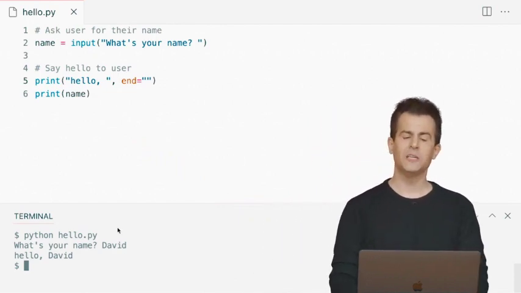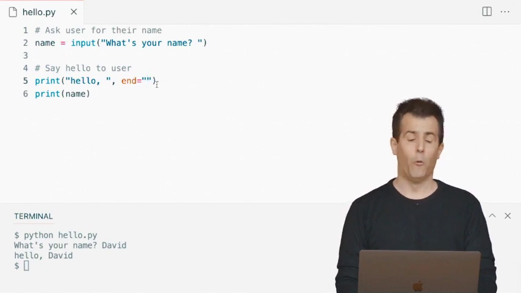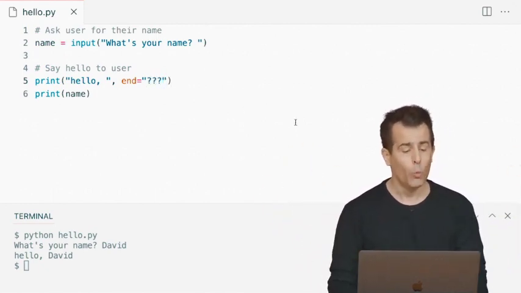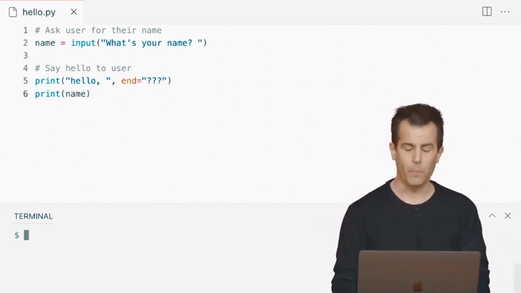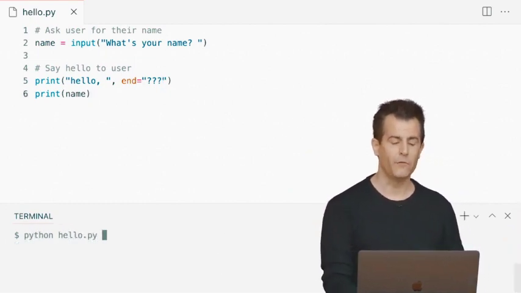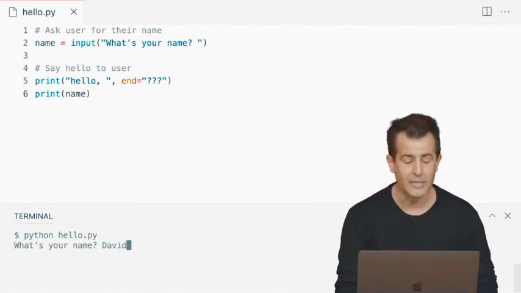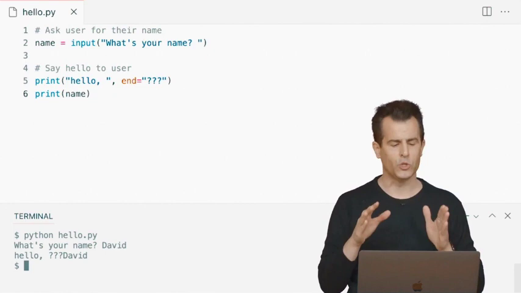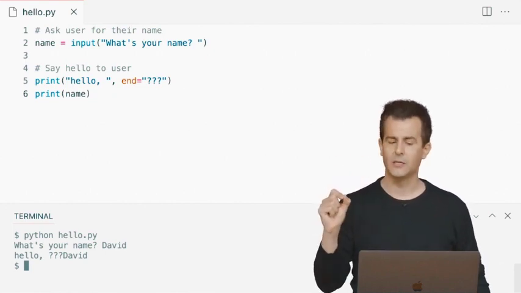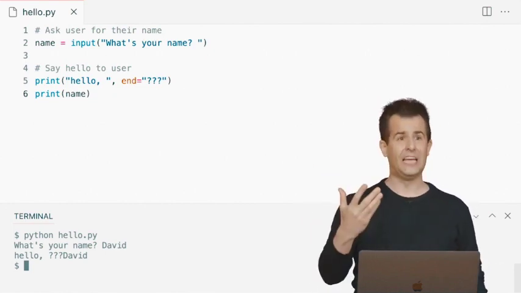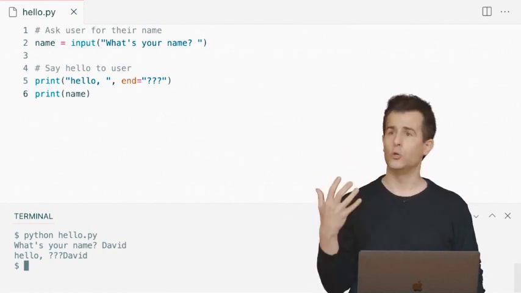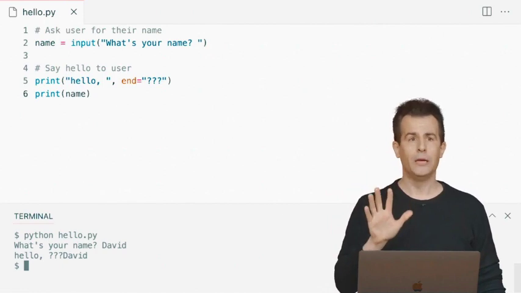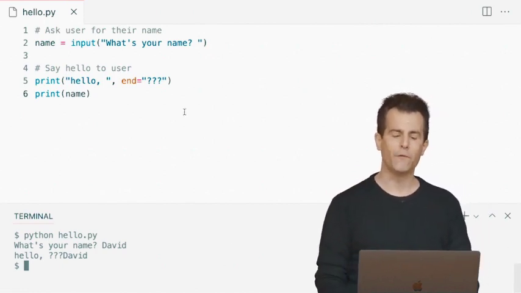Just to see this more explicitly, if you do something cryptic like, well, I have no idea what's going on. Let me just put in temporarily 3 question marks here. We'll see the results of this too. Let me go back down to my terminal window, run python of hello.py, what's your name, David, and now you see literally really ugly output, but you see literally what's going on. Hello, comma, space, then 3 question marks, end that print statement, and then you see DAVID. So not a good outcome, but it demonstrates just how much control we have here too.